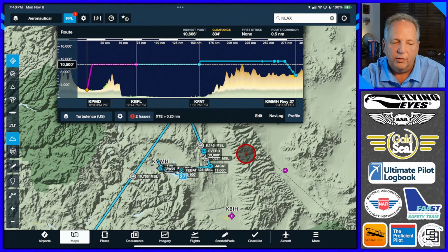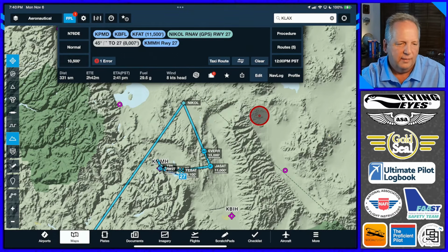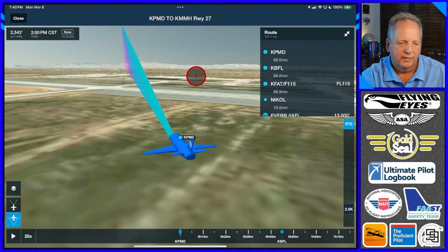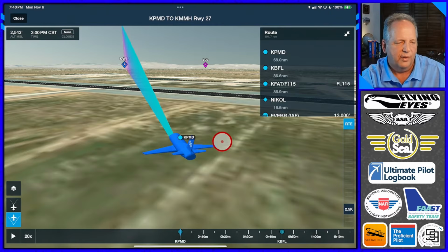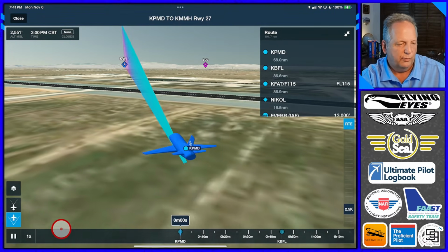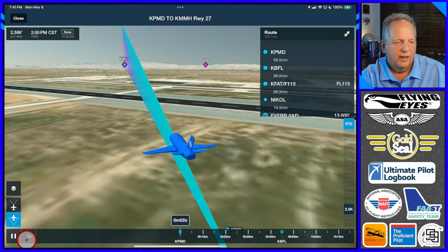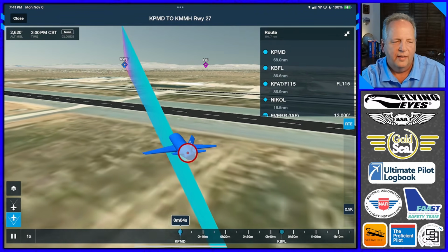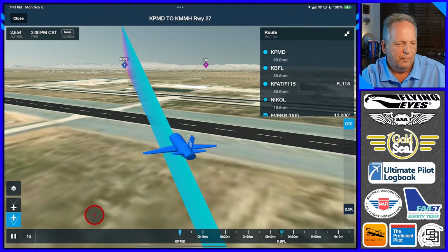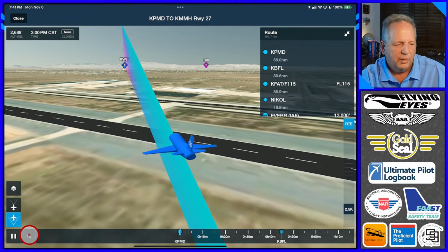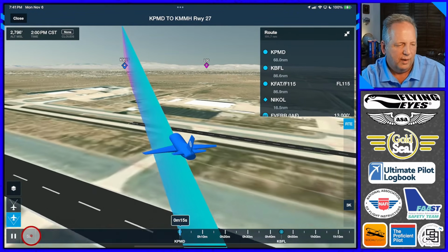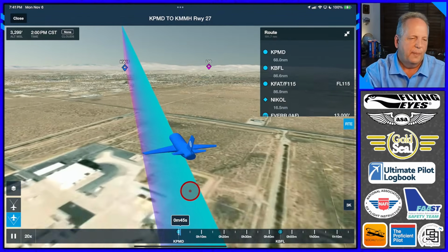Again, another way you can look at that is to go back to the edit, and we can click on this globe right here and see what this route looks like. If I tap on that, and again, you've got to have the right plan for this, I'm going to go ahead and change it to, there's real time, one-time speed. It's going to show you what this flight looks like, departing straight from Palmdale. But I'm going to speed this up, and I'm going to go to 20 times normal speed.